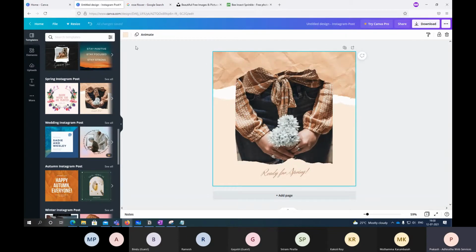Now, if I'm creating for this Instagram account, right? Now you might have Instagram and Facebook as well. Whatever you design here for an Instagram post, can you use it for Facebook? You can use it, but that is not a best practice. Why? Because Instagram has a different resolution and Facebook has a different resolution. I mean the dimensions, right? They are different ones. So we should not use the same thing for multiple places, right?